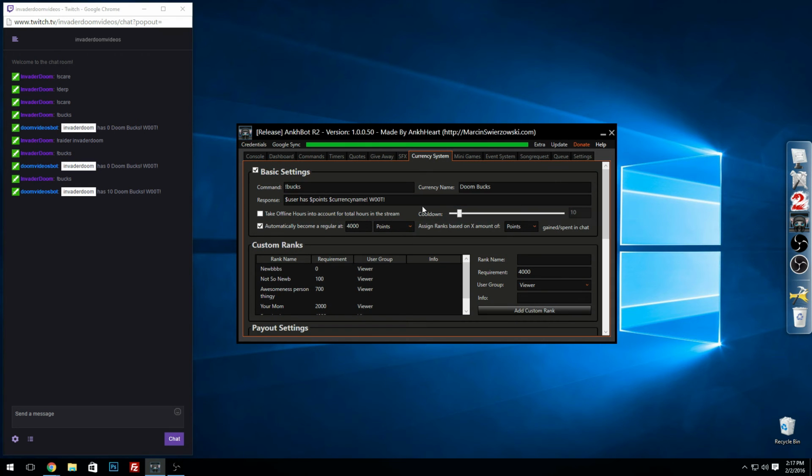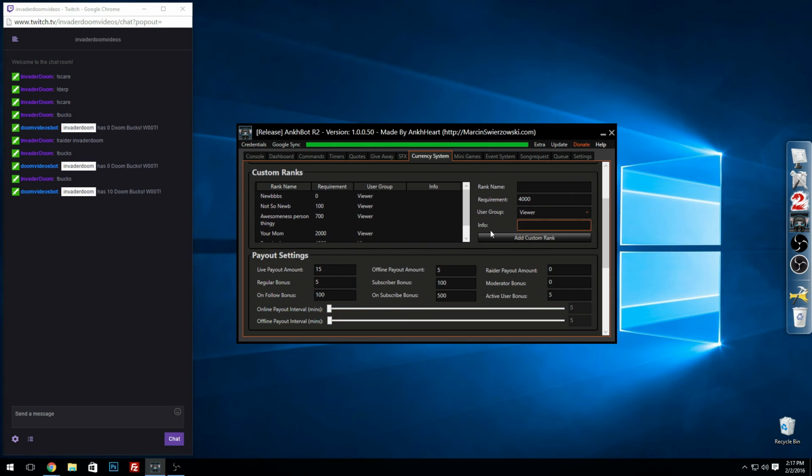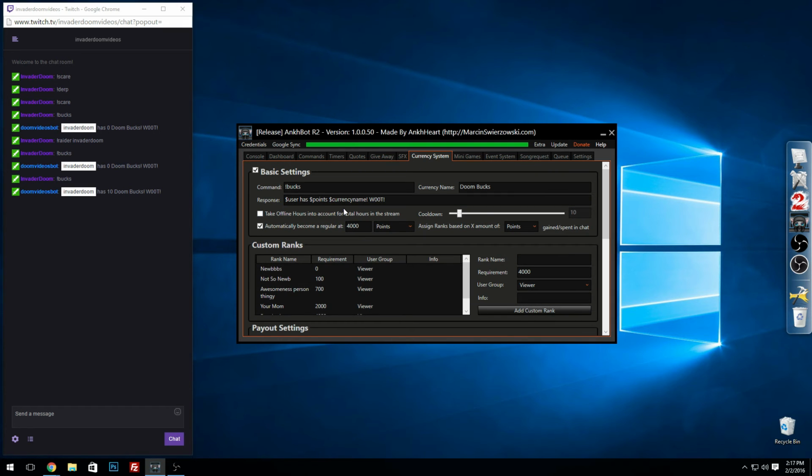Now that you have this currency set up, let's say you want the bot to say, username is $rank and has this many points. Sounds good, right? So we'll do $bucks. And it'll say,